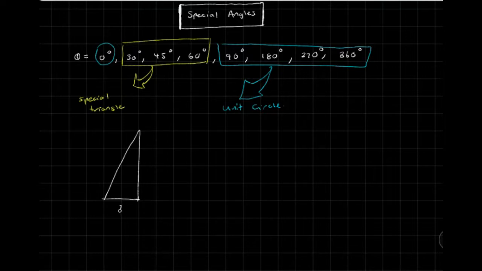Okay, so the triangle is going to look like this. And it's going to have side lengths of 1, 2, and square root 3. Okay, this angle here is 60 degrees, and this angle here is 30 degrees. Now, a quick way of remembering